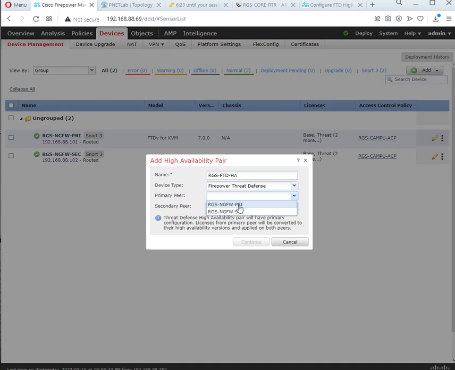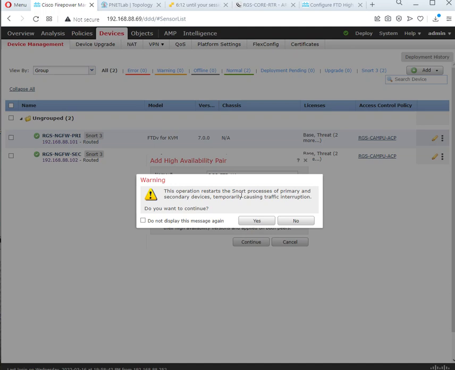Primary device is RGS NGFW primary, and secondary would be RGS NGFW secondary. Click on continue. The operation restarts the secondary device, temporarily causing traffic interruptions. We don't have any traffic currently running from the FTDs, and we want to configure this HA. So click on next, continue,